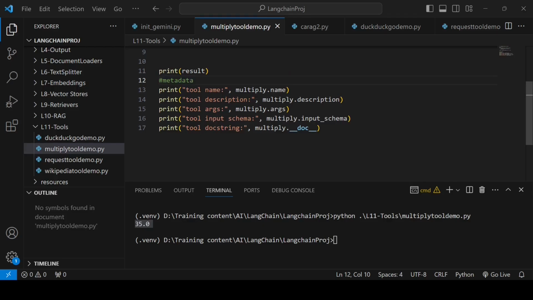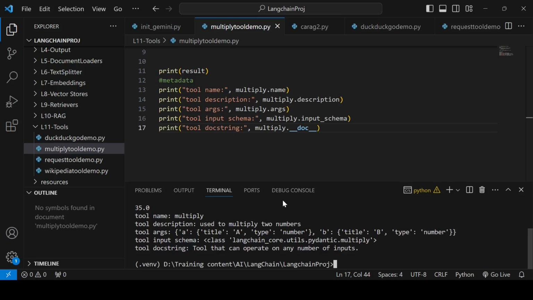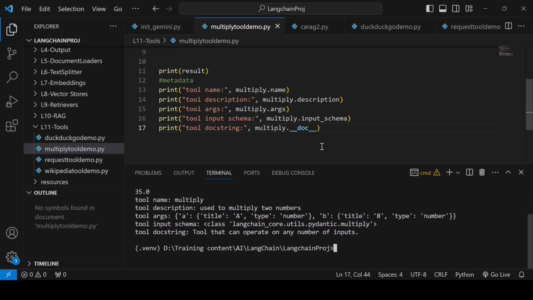Then you have args, which will give you the arguments, the input schema that is required. So input schema itself will also give you the full schema object. And this doc underscore underscore doc, that will also give you the doc string. So it is the same as the description. So I'll run again. Okay, so if you need any information about the tool, you can use all these metadata attributes to get that information.